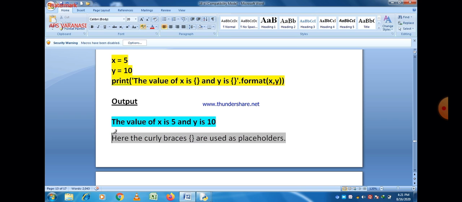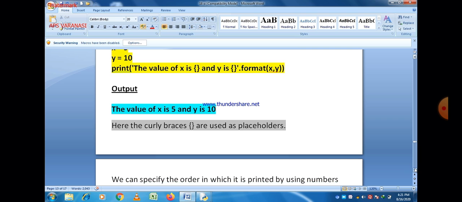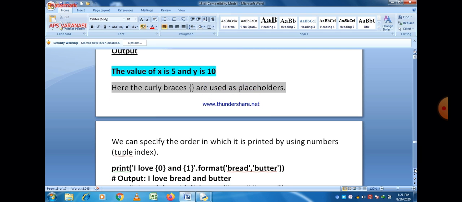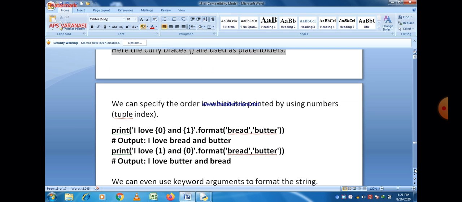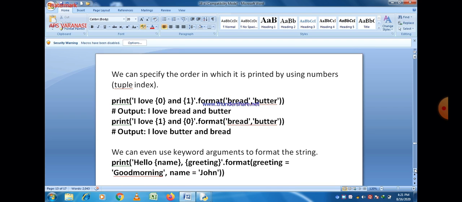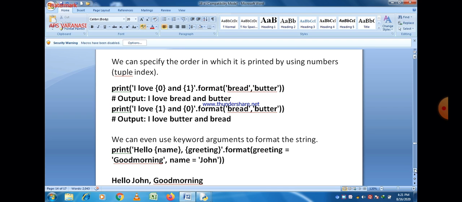So the value of x is 5 and y is 10 will be printed in that case. It is easy to understand. I think there should be no problem in it. So we can specify the order in which things are printed by using numbers, tuple indexes.